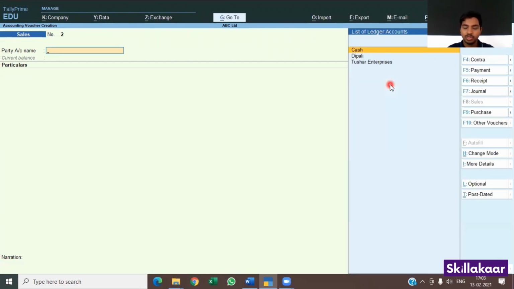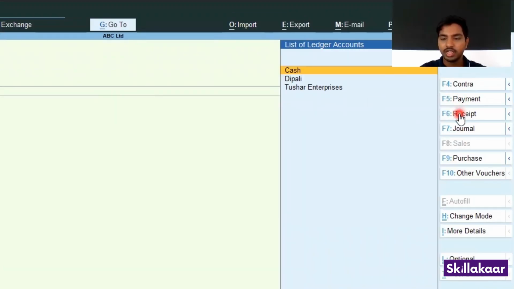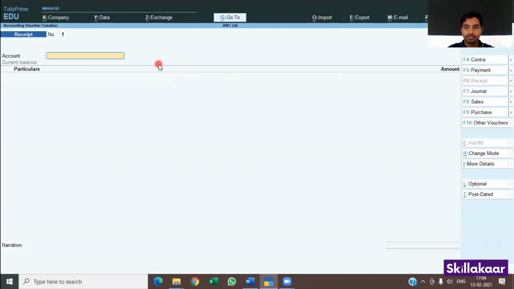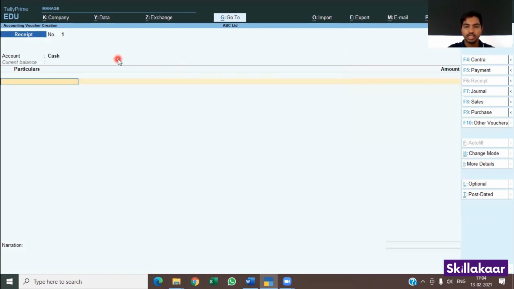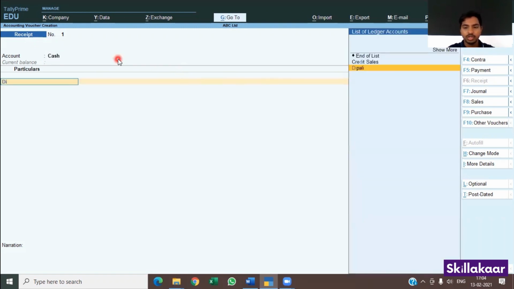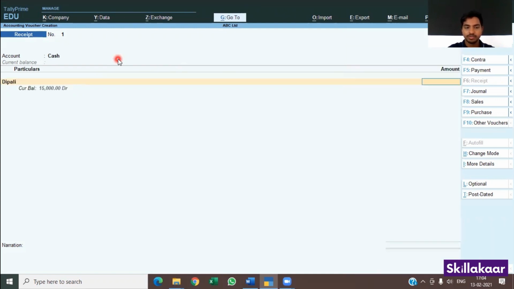Now we will move on to the third entry, which is receipt. So suppose Dipali has paid us back. So you can press F6 to change the voucher. Currently it's a sales voucher, and to change it to receipt voucher you have to press F6, or just go here right hand side and click F6. Now to select account, you will select cash account because Dipali is making cash payment, and in particulars you select Dipali,